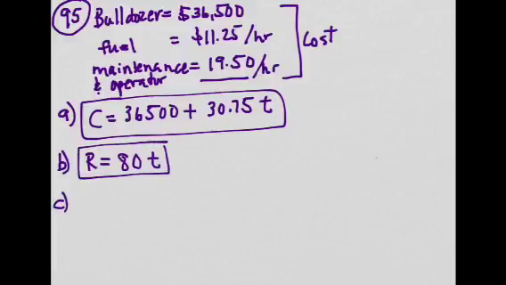And then for the profit formula, P equals R minus C, write an equation for that. So for this problem, it would be P equals 80T minus, now C, because it's a binomial, it's two terms, I've got to